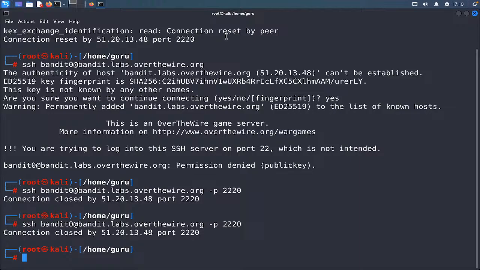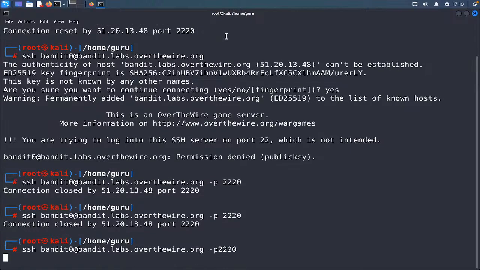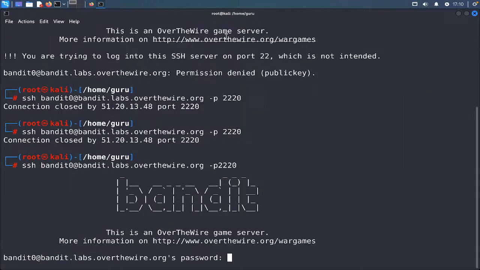I'm not sure why, but the connection is closed. Is there any other way we can do this? Let me try something like this, if it can work. Sometimes you just need to change some parameters, spaces, and everything.